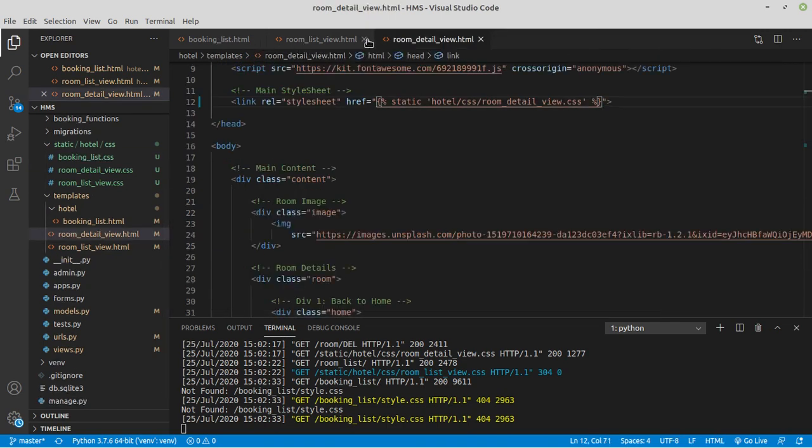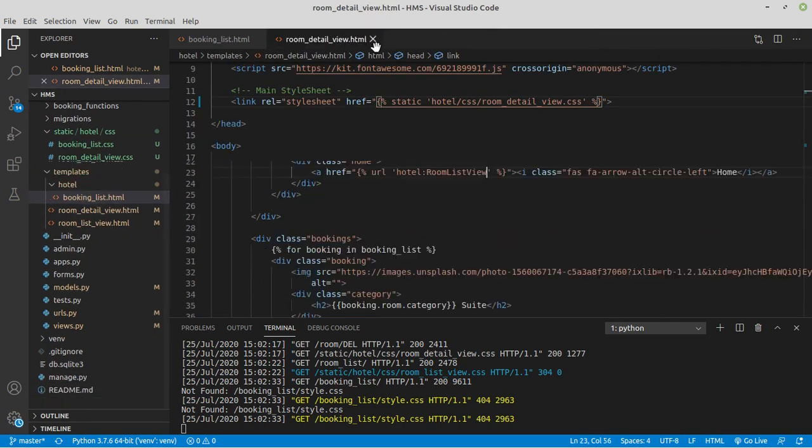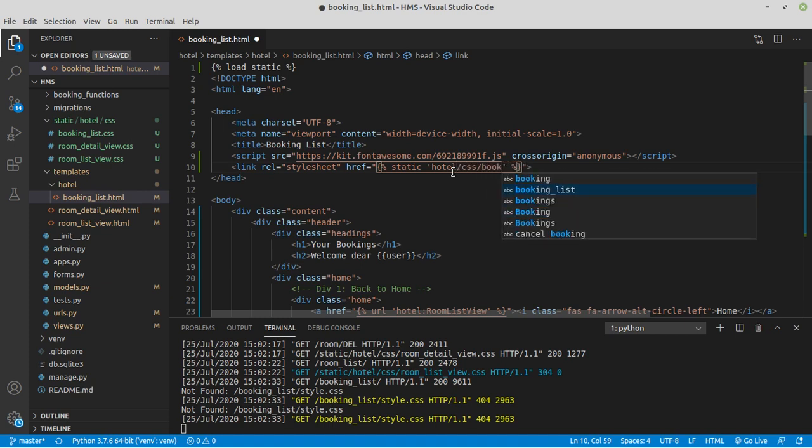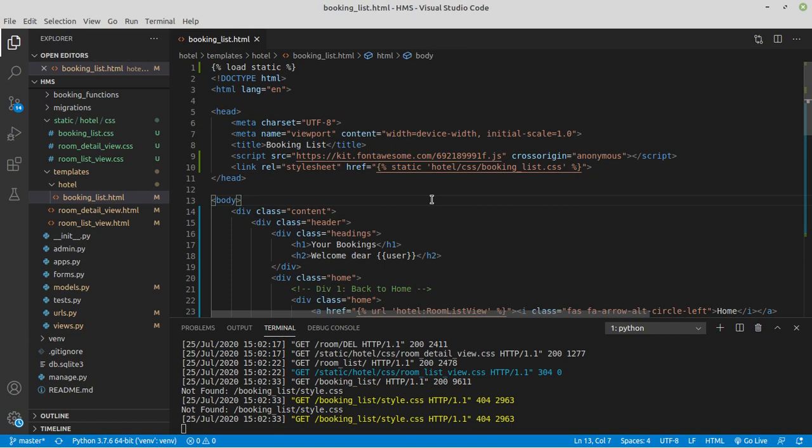And let's go to our booking list.html and link booking list.css to it. So let's go to the href. We're going to use static here, static hotel/css/booking list.css. Let's save it,